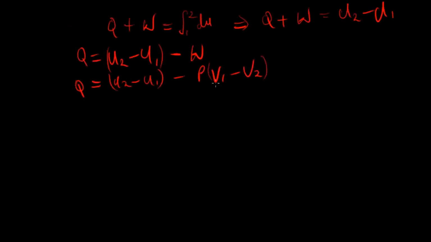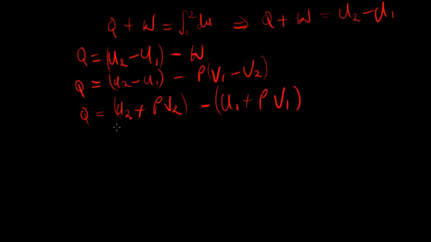So Q will now be equal to U2 plus PV2 minus U1 plus PV1. Of course, the pressure, as you can see here, remains constant, but since we are dealing with